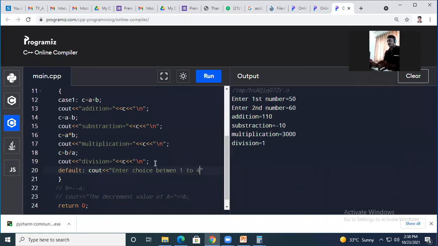Okay, if I give any choice apart from 1 to 4, the program will raise me a message, enter choice between 1 to 4. Okay, then I will come to know की मला 1 ते 4 मधलेच ऑप्शन्स द्यायचे, and then I will get my required answer. ओके, येत आहे का लक्षात?